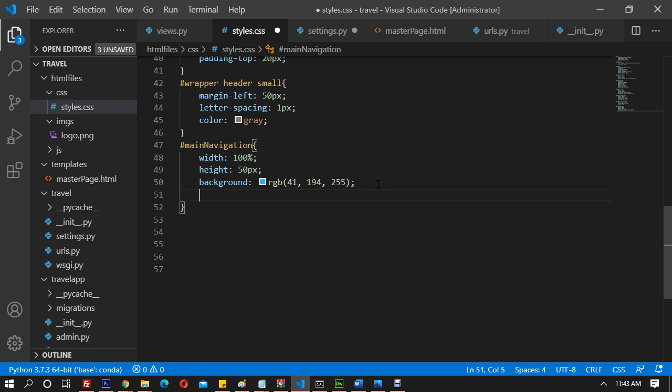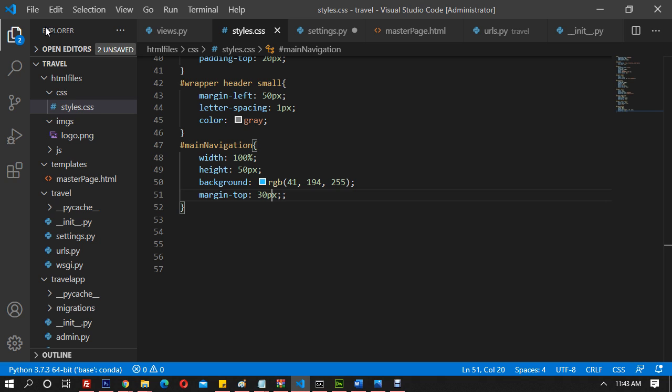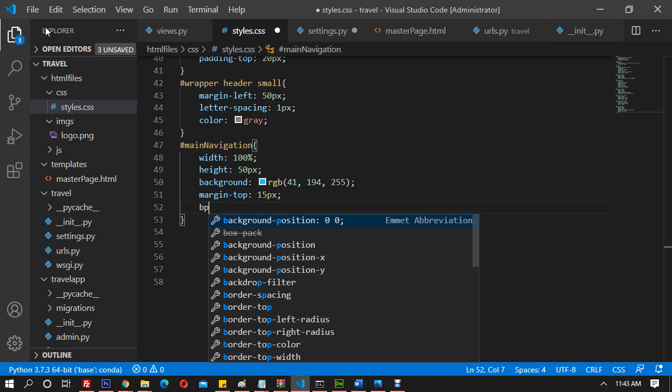I don't want this to be overlapped. I can say margin top is going to be 30 pixels. I don't want this to be overlapped, so it comes down by 30 pixels. So 30 pixels is too much. I'll say 15 pixels. And I'll say border